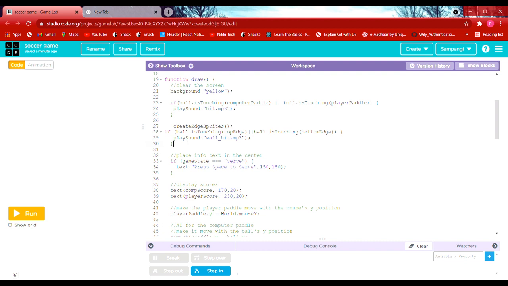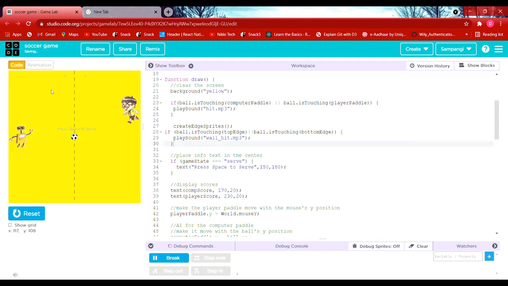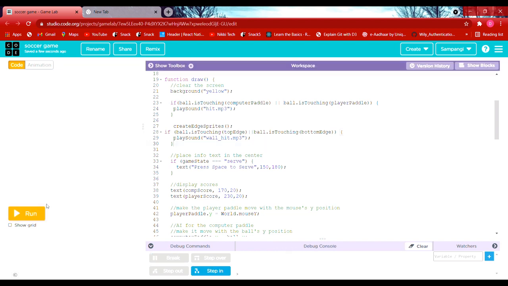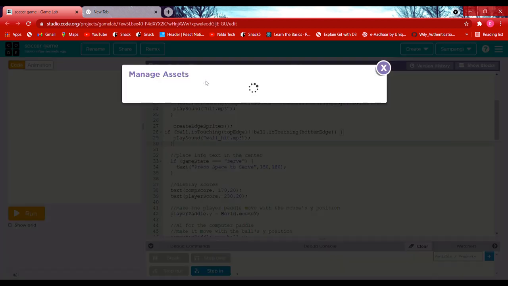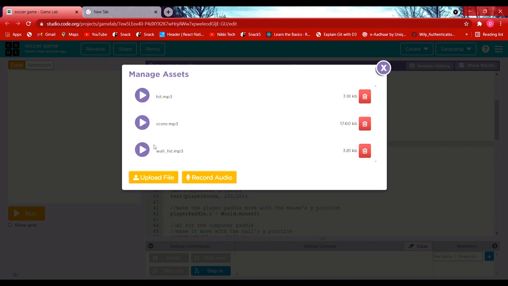Again we are telling the conditions: the ball is touching the top edge, or the ball is touching the bottom edge, it should play sound world it.mp3. I already have the file, so the sound should play like this.